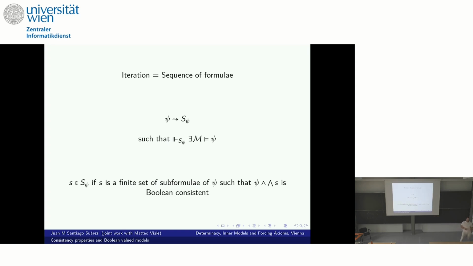If this conservative compactness was a bit clear to you, this should sound very natural. Because recall that for conservative compactness, we said if the weak formula, we consider finite sets of subformulas of it, then the strong formula something. Well, this consistency property contains all those elements. And the point is that it forces the model. Well, the fact that it forces the model is, for those that know about this, almost trivial. The important part is that it will allow us to build nice models of it. The difficult